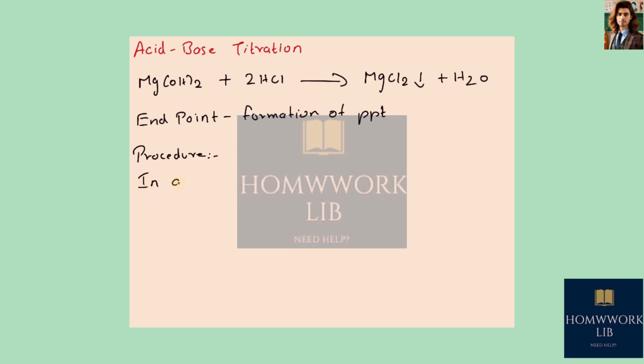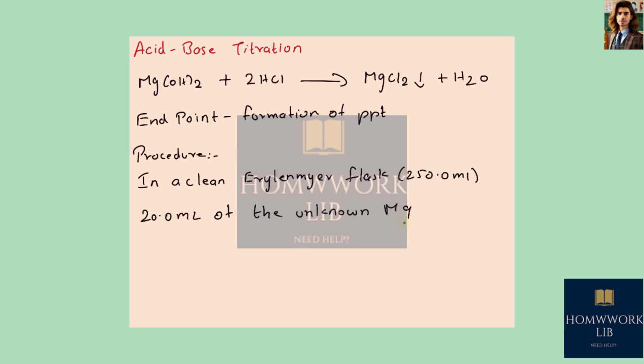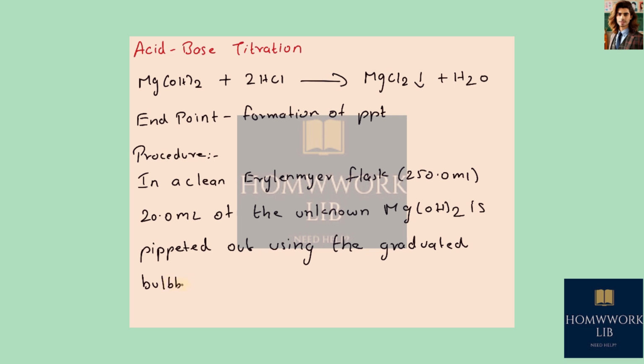in a clean Erlenmeyer or conical flask, which is of 250 ml, 20 ml of the unknown analyte, that is magnesium hydroxide, is pipetted out using the graduated bulbed pipette,